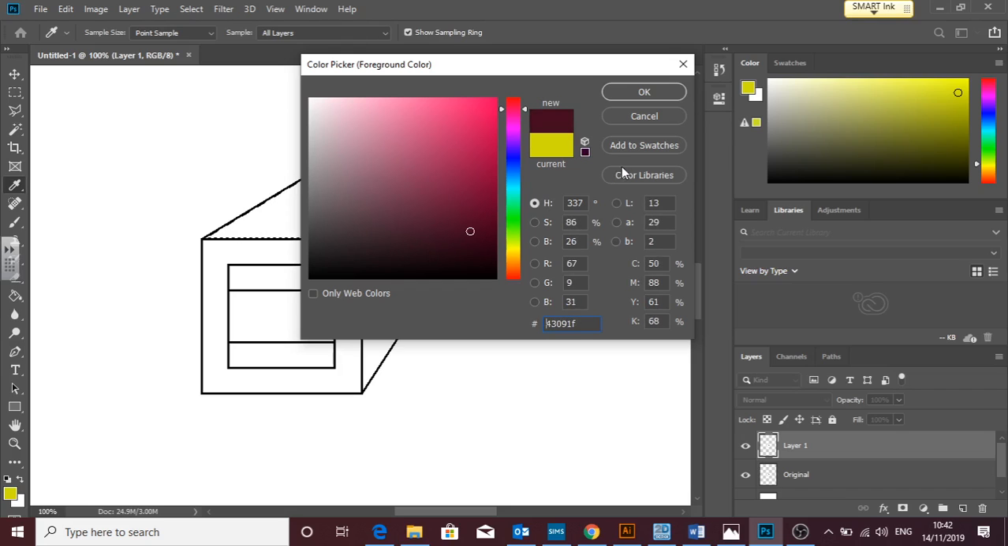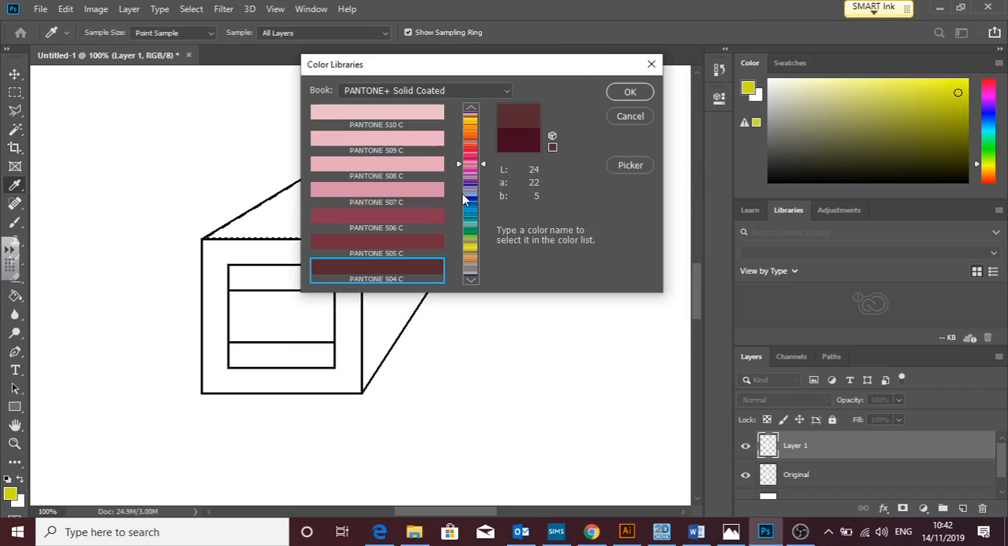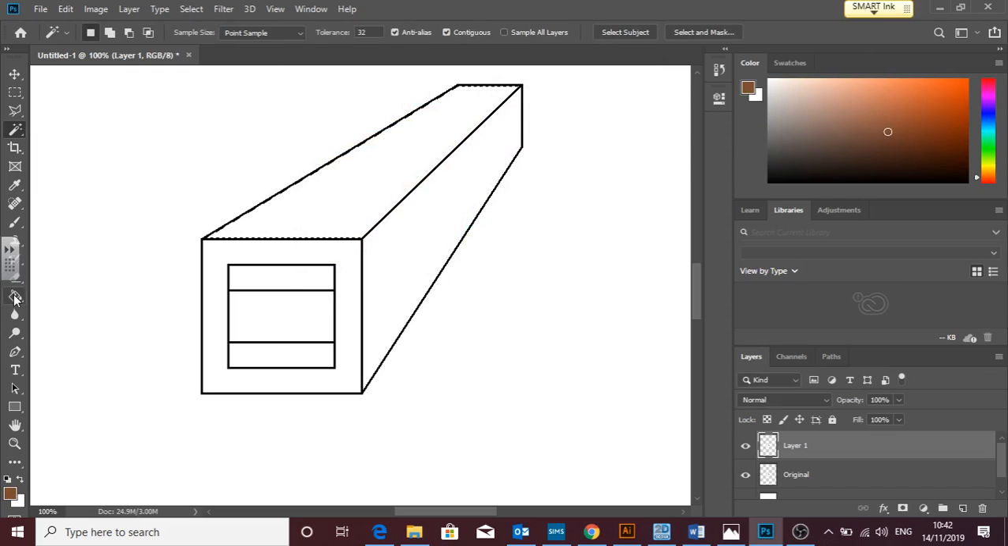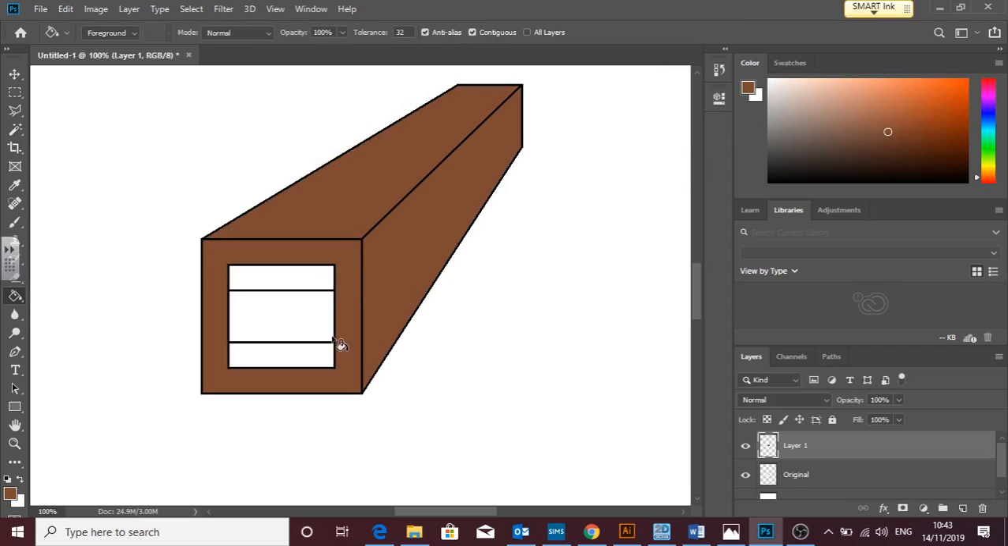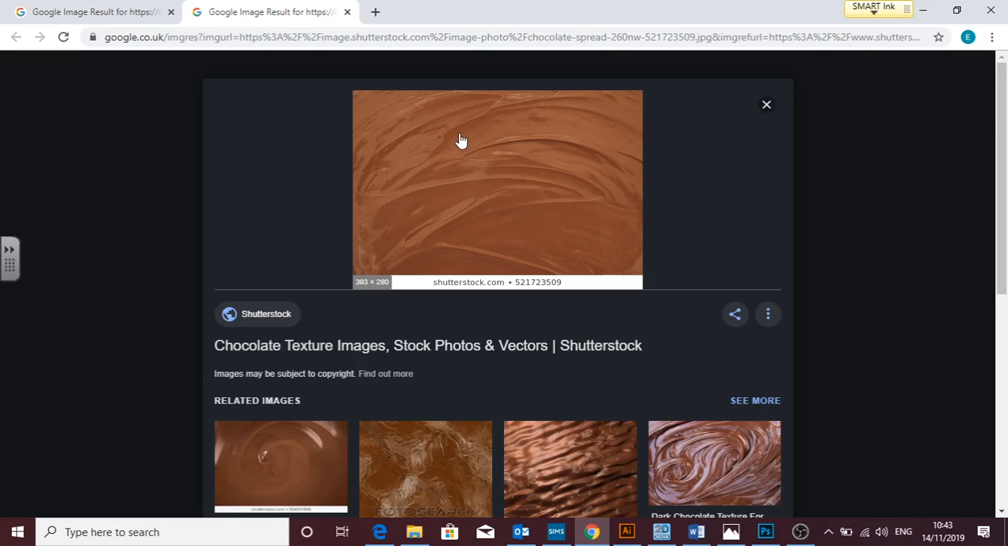Or I could use color library and pick a brown color. Using my paint bucket, I could add color to whichever part I want. Right? If I wanted to add texture, I would go to images, find a texture of chocolate, which I've got